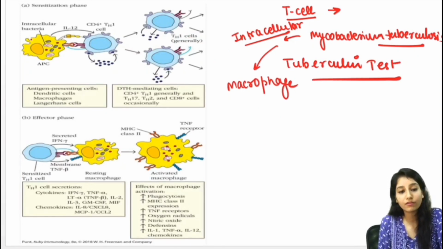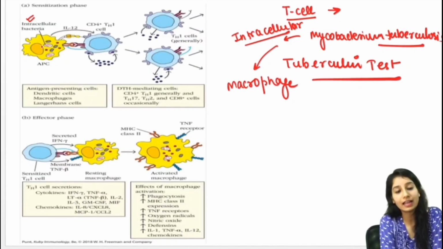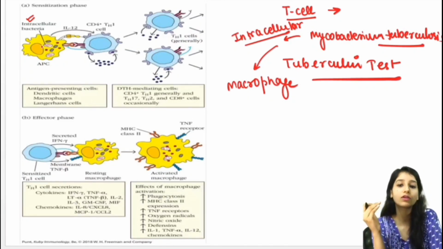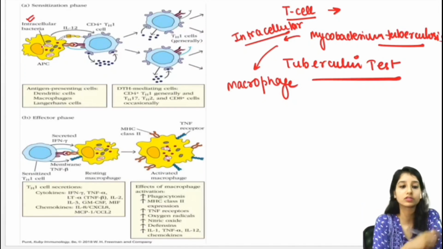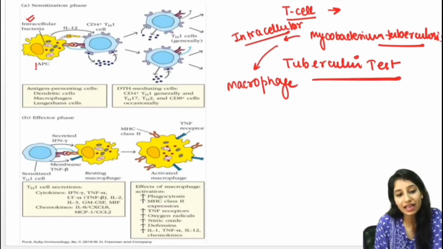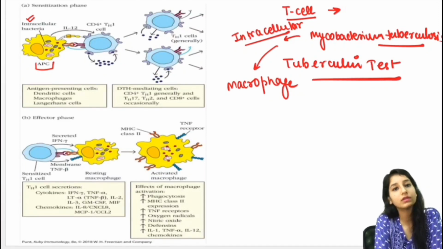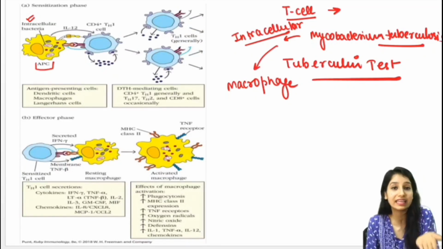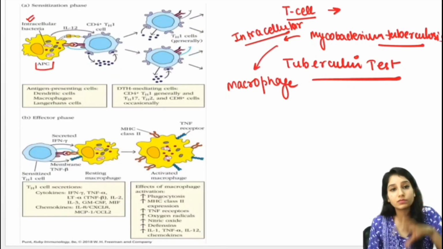So what is happening? For example, here a cell is present, that is the macrophage cell, and bacteria has come inside its cell. So this bacteria is present inside the cell, and this is the first phase, that the first time one person has come in contact with the Mycobacterium tuberculosis. Now what will happen? This cell also acts as APC. What is the meaning of APC? It is an antigen presenting cell. Antigen presenting, that it is presenting the antigen, that see, I have the antigen. So yes, this macrophage has the bacteria that contains the antigen.